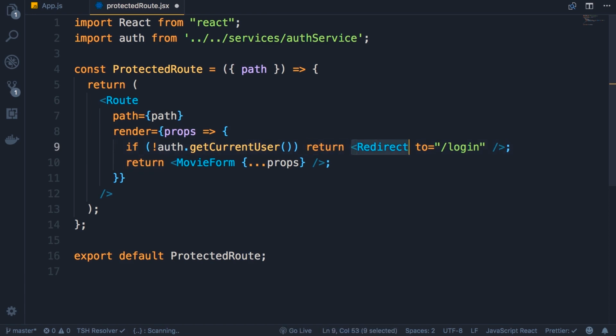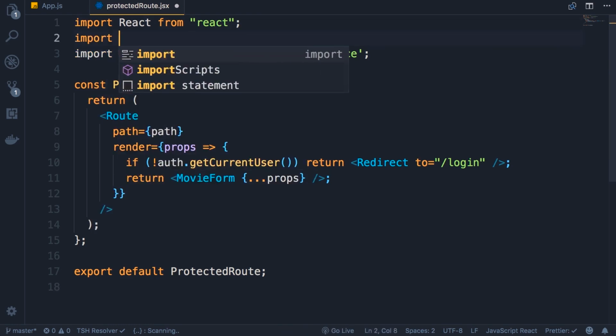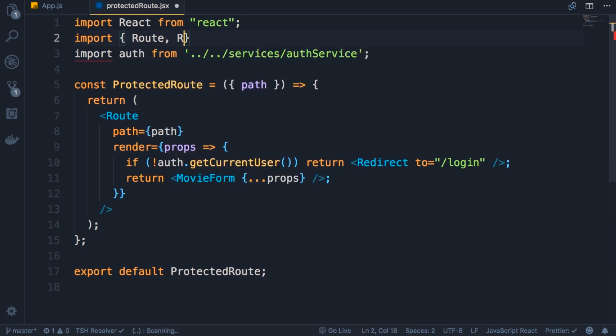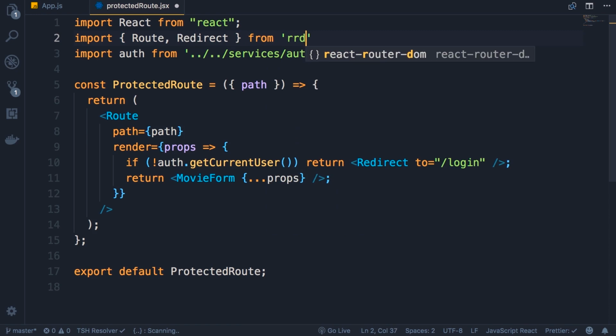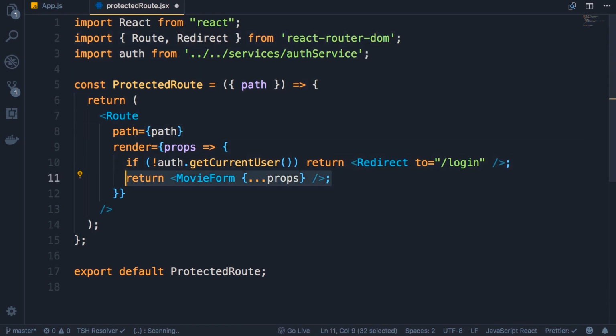Now here we have used the redirect and route components, so we need to import them on the top. So import Route and Redirect from react-router-dom. That's good. Otherwise, if the user is logged in, we want to return a component dynamically. So instead of movie form, we need to pick the component attribute from our props object, component, and render that